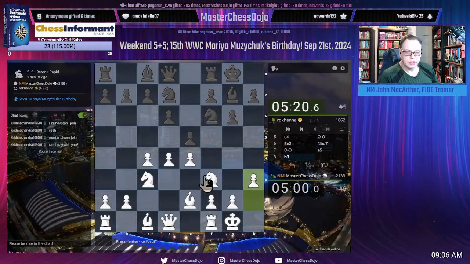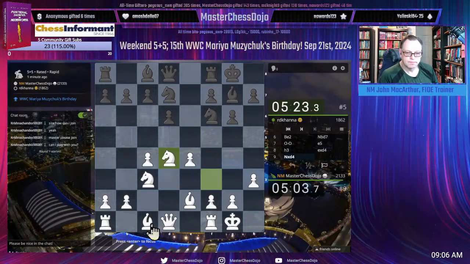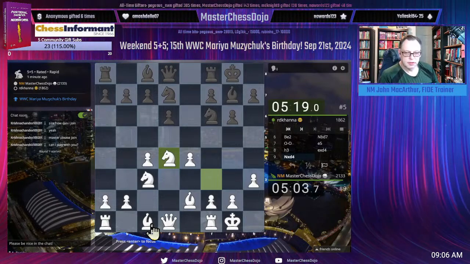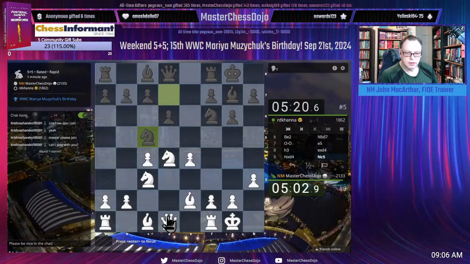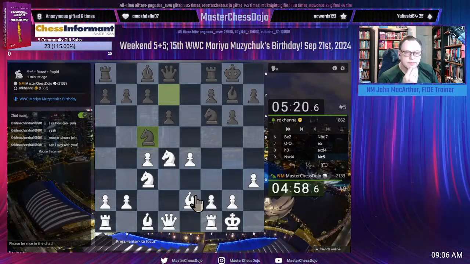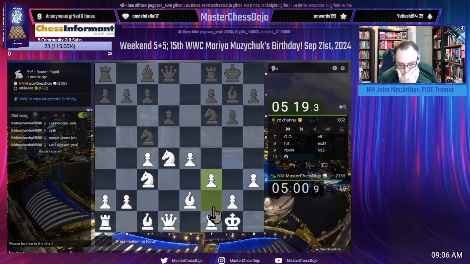We're just going to prepare some things. It does seem like my center could be compromised. Oh well, so are my dark squares. Yuck.